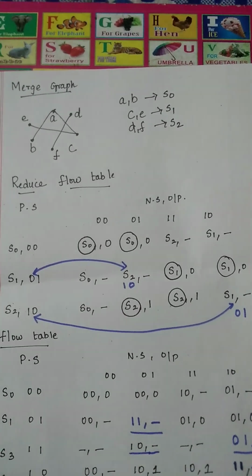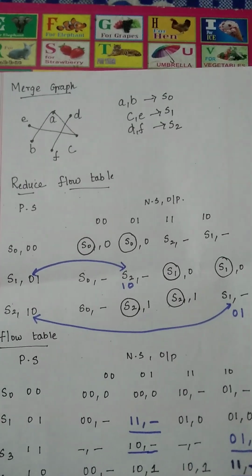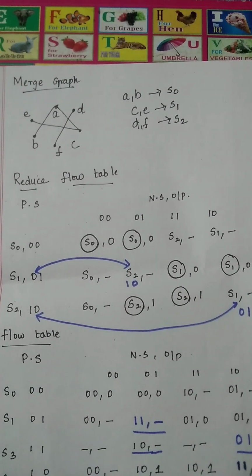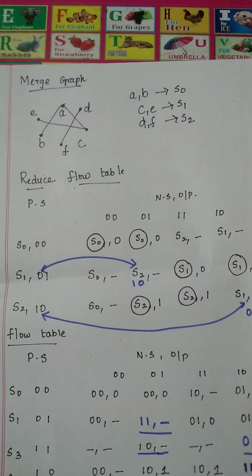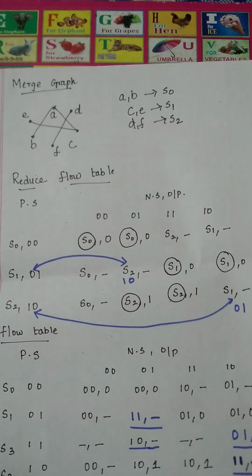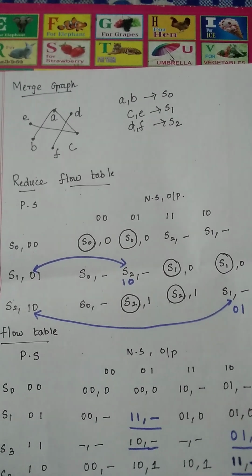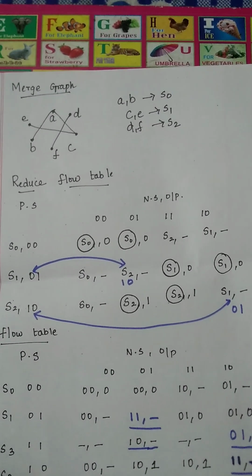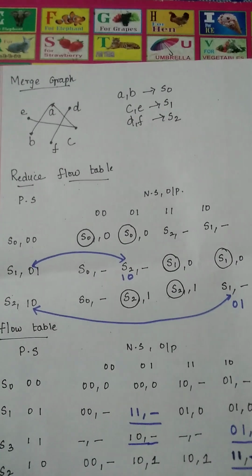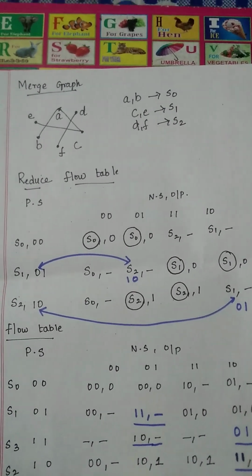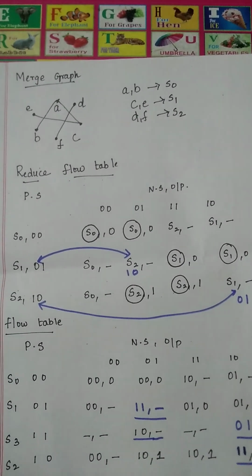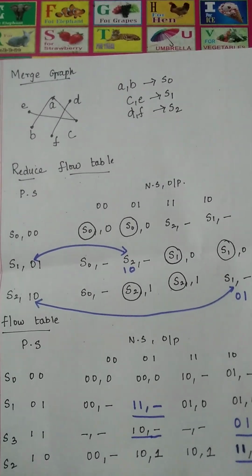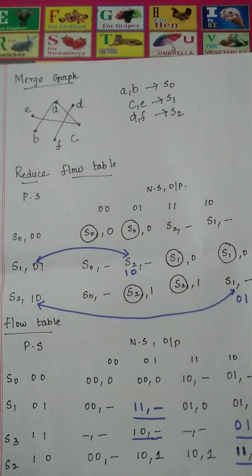Already we have seen the reduced flow table, but there we had written A comma B and C comma E and D comma F. Here I have removed that and we have taken the assumed values. A comma B I have taken as 0 0 and that has been considered as S0. Similarly, C comma E means S1, and D comma F means S2. So we have assumed the values for all the three states: 0 0, 0 1 and 1 0. Now you know that,